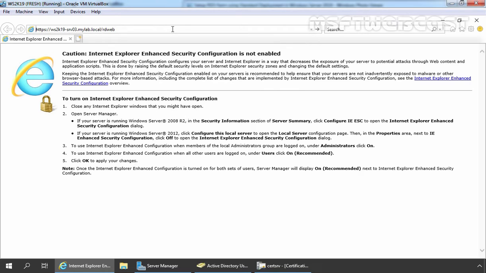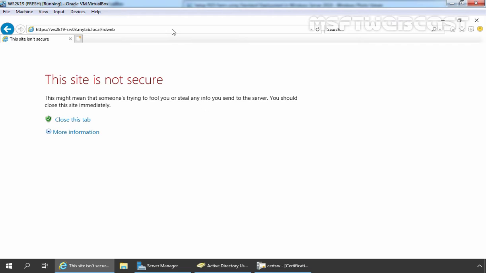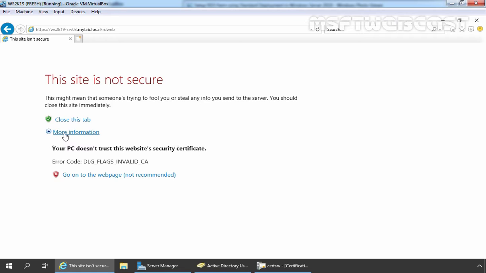Let's press Enter. You can see that we are getting a certificate error that this site is not secure. For more information, I'm going to click on this link. And here we can see the message: your PC doesn't trust this website's security certificate. We are seeing this error.